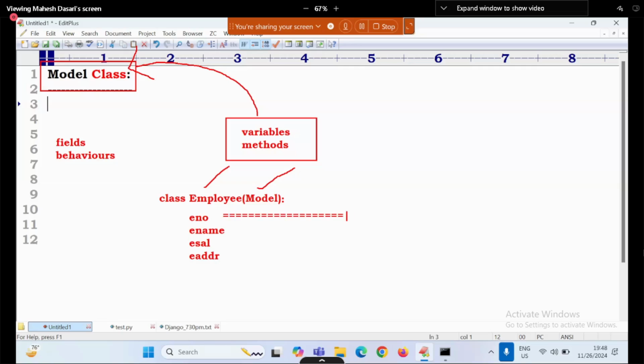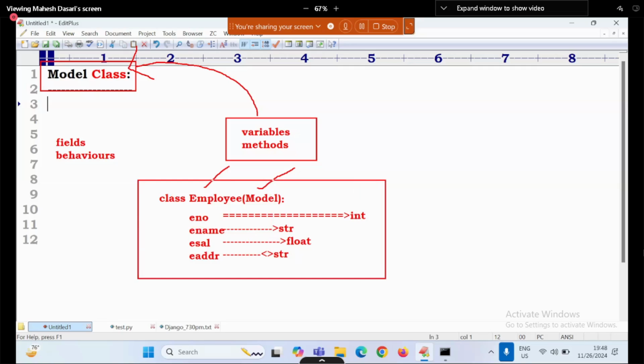Generally in Python, number is an integer type, name is a str type, salary is a float type, address is a string type. Those are the Python data types. Django is also the same, but with different names: character field, float field, integer field, like that are available. So it is just like one Python class,